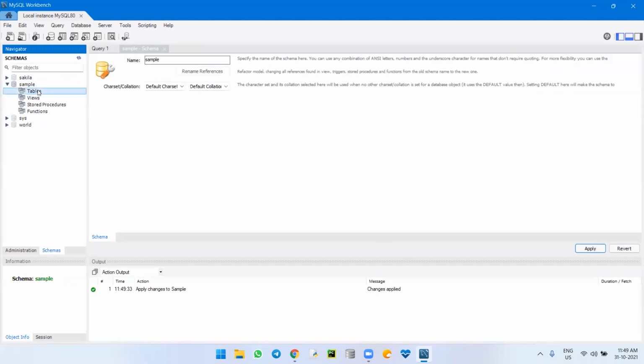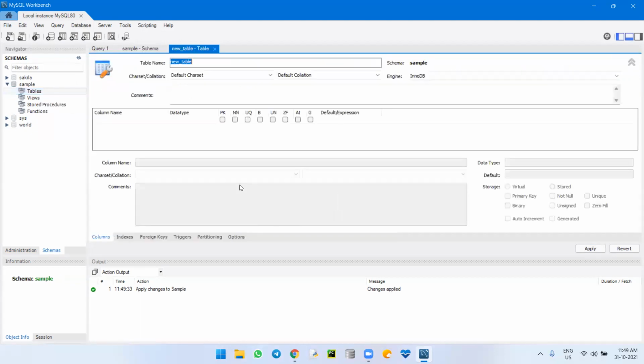In this, we will be creating tables, isn't it? Right click on this and create table. So for example, an employee table. Employee is the table name, and we can create whatever columns we want.